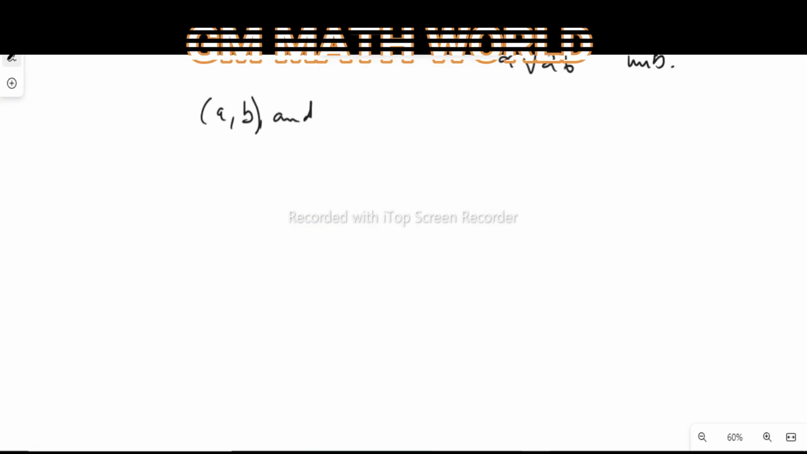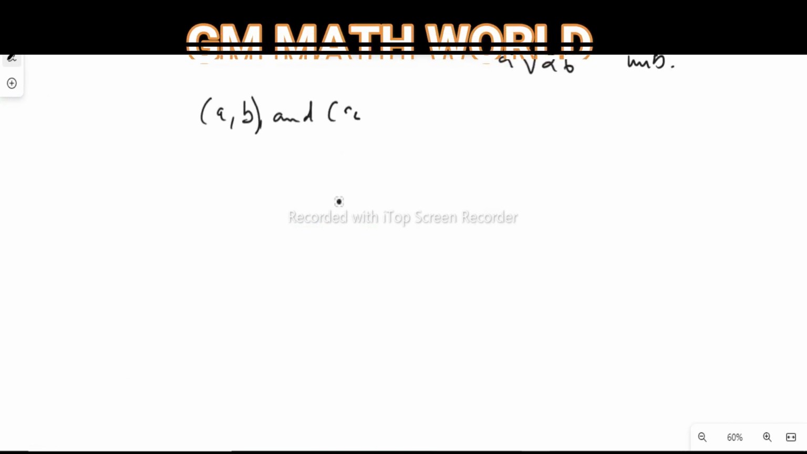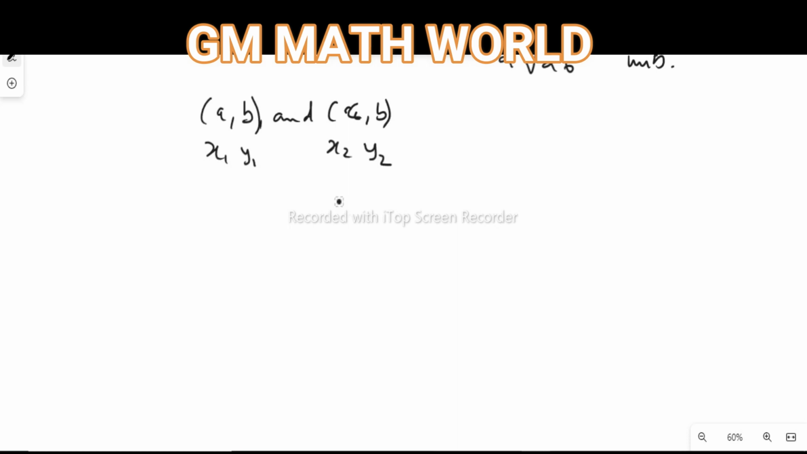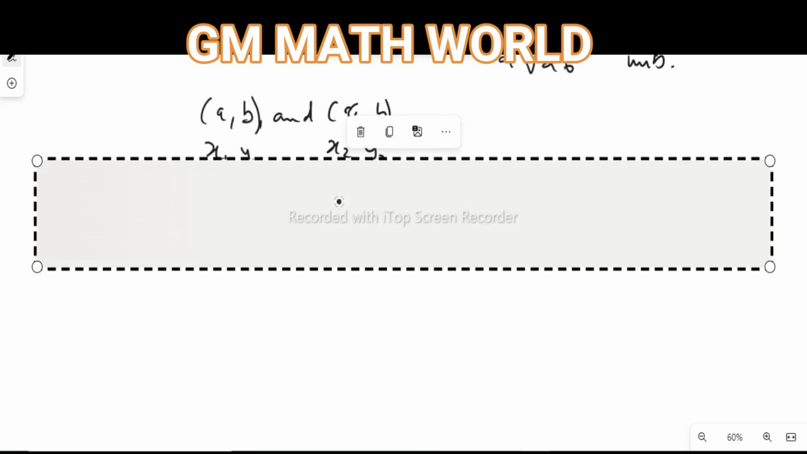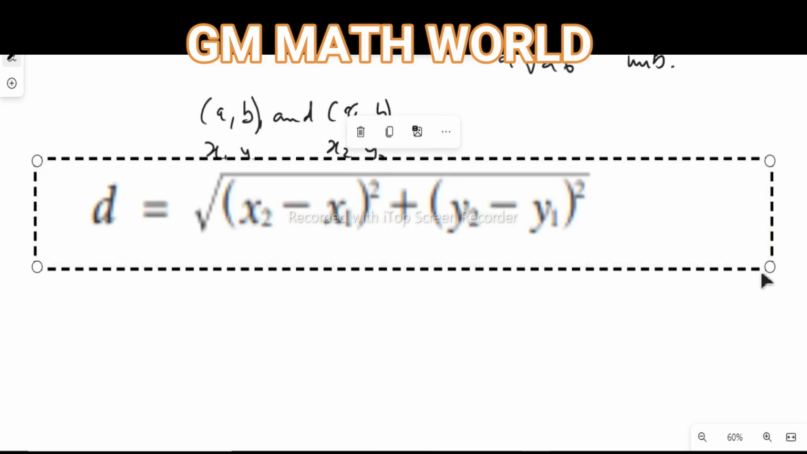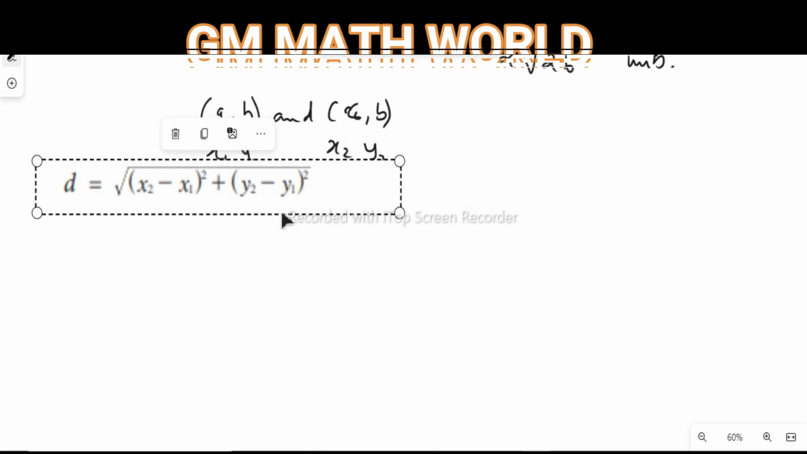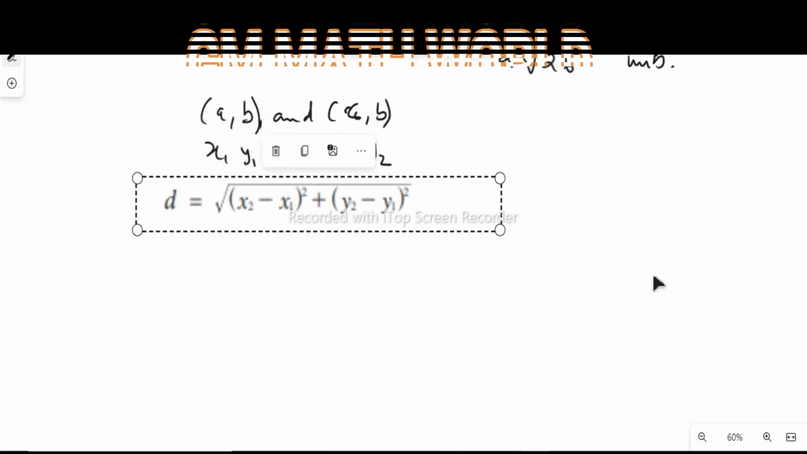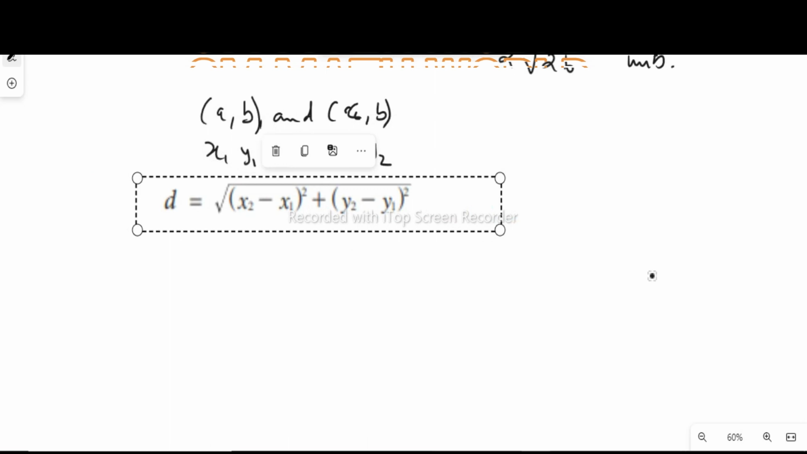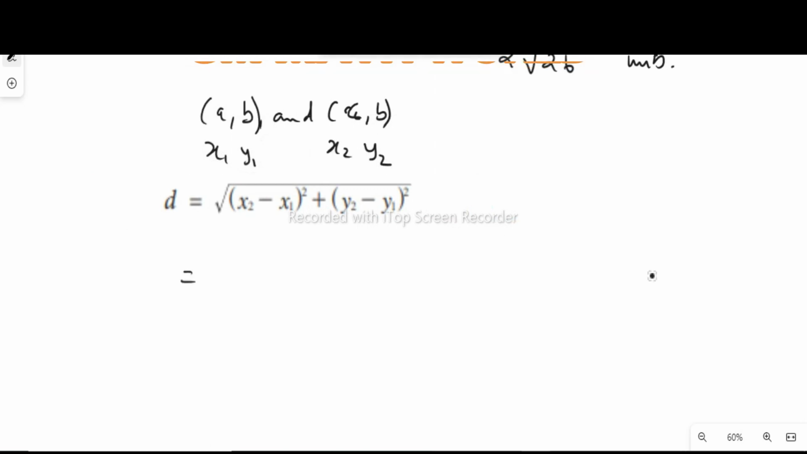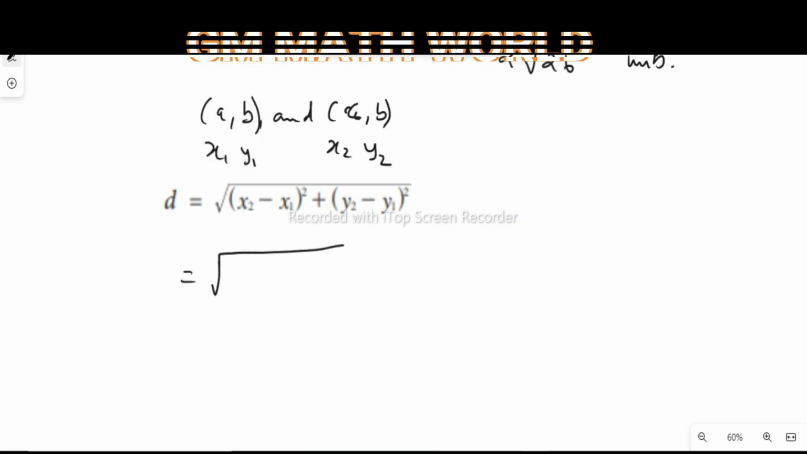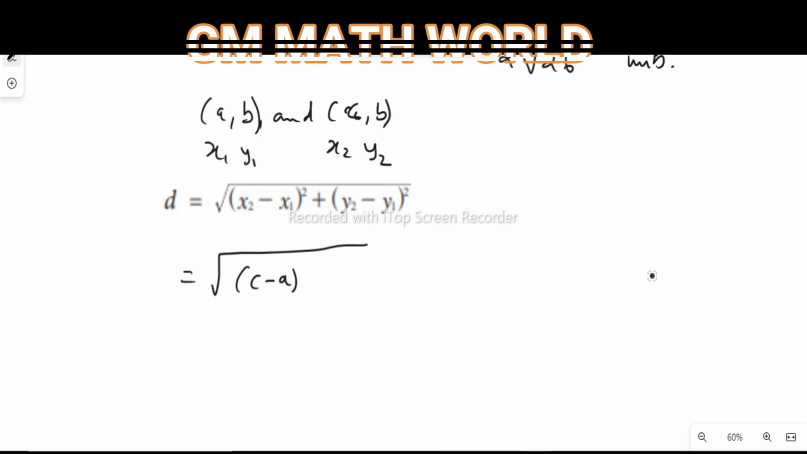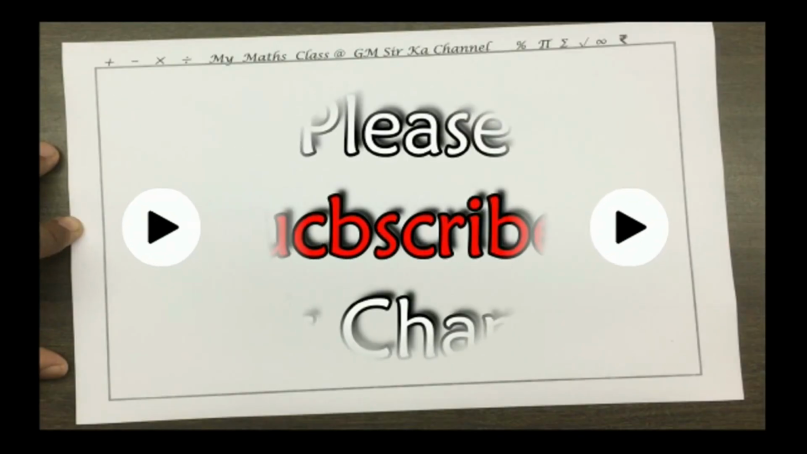The third problem is (a, b) and (c, b). We are finding the distance between these 2 points. Let (a, b) be (x1, y1) and (c, b) be (x2, y2), and the distance formula is given by d equals the square root of (x2 minus x1) square plus (y2 minus y1) square under the square root. So it is (c minus a) square plus (b minus b) square,